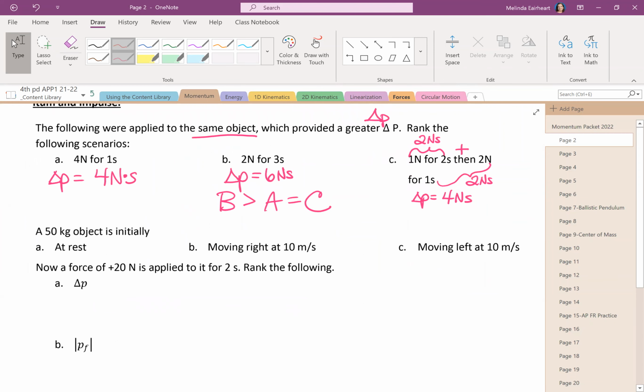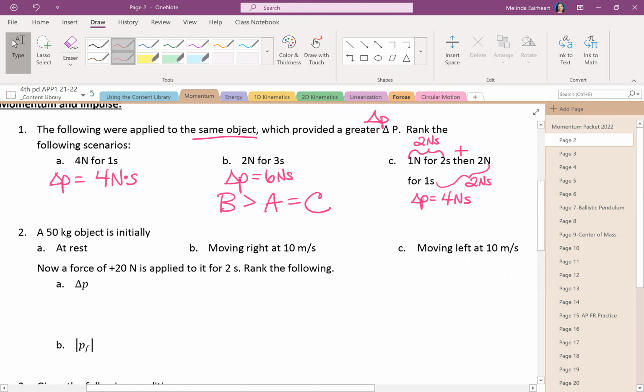Not too bad. What about the next question, number 2? A 50 kilogram object, what did they just give us? Mass is initially at rest, or maybe scenario B, it's moving to the right at 10 meters per second, or scenario C, moving to the left at 10 meters per second. So they just gave us 3 different initial scenarios. So if you want to think of it as 3 separate objects, you can just make sure they're all the same mass. And so A has an initial velocity of